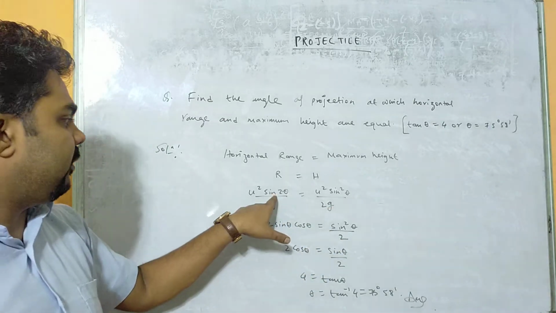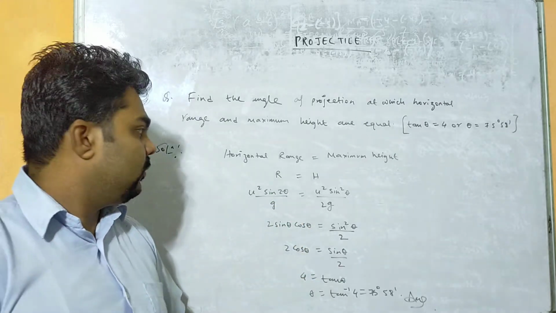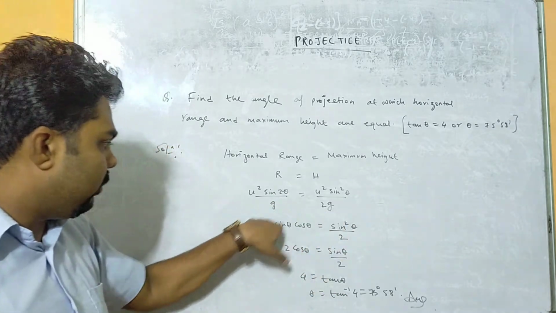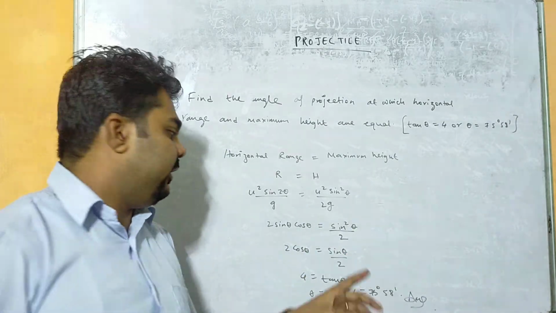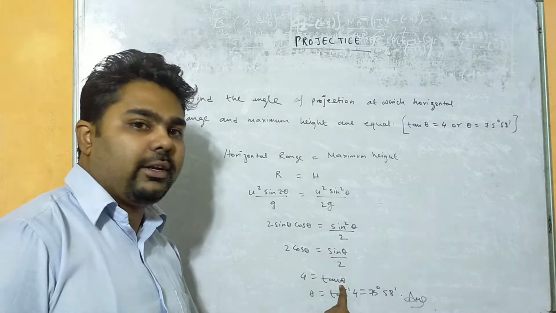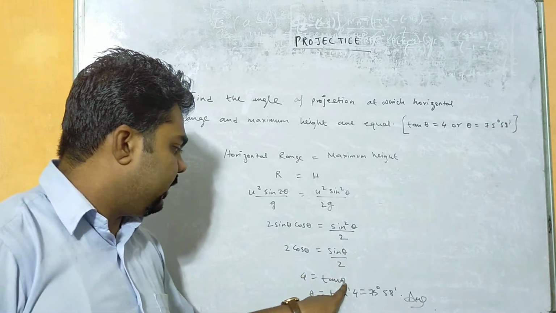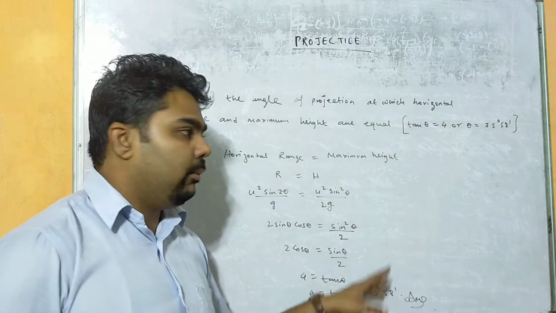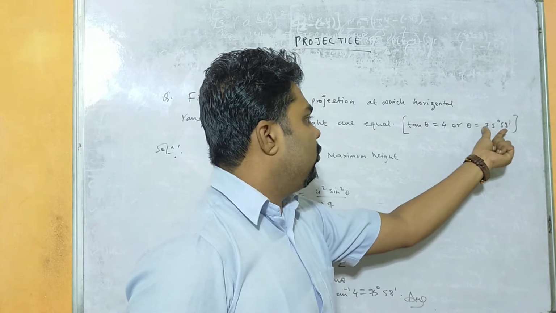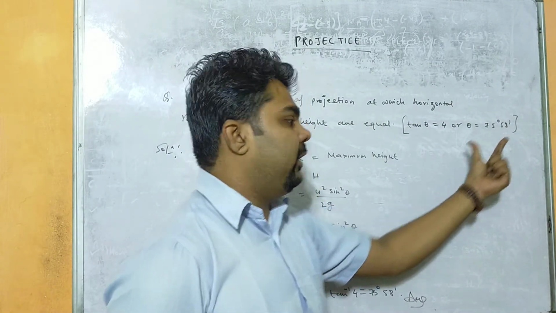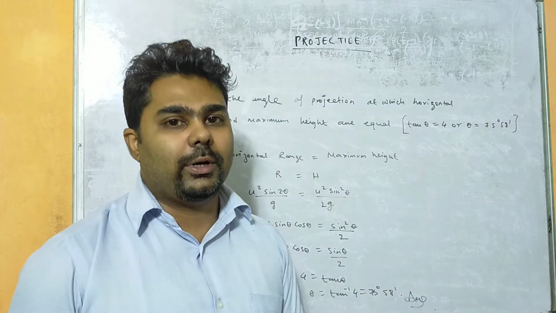So what will we be left with here? Sin 2 theta. Sin 2 theta can be written as 2 sin theta cos theta. Again sin square theta, one sin and one sin will get cancelled. We will have 2 cos theta and sin theta. Now if you cross multiply, sin theta by cos theta, what will we get? Tan theta, and 2 to the 4. That means tan theta equals 4, or theta equals tan inverse 4. In the question, if tan theta equals 4, then theta equals 75 degree 58 minute. That means what is the value of our theta? That is 75 degree 58 minute. This is our required answer.